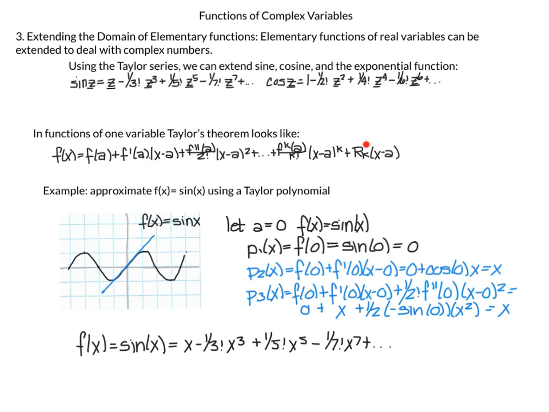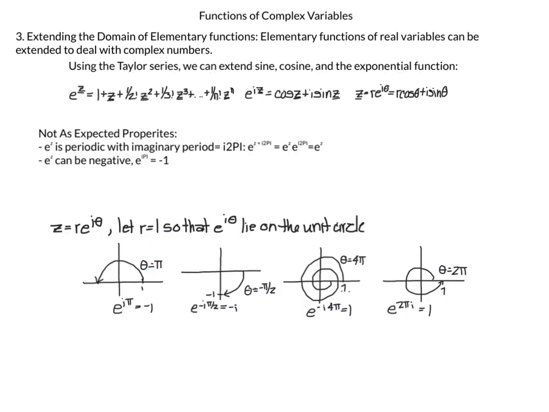As I mentioned, we had a detailed explanation of this in the previous video, so I'm not going to go through it, but you can either refer to this, and maybe that's enough, or go back and look at the other video. In the previous video, we also expanded, using the Taylor series, our exponential function, and we found that it's equal to 1 plus z plus 1 over 2 factorial z squared plus 1 over 3 factorial z to the 3rd, all the way up to 1 over n factorial z to the n. So what you see is the odd parts are the sine function, and the even parts are the cosine function, and we got